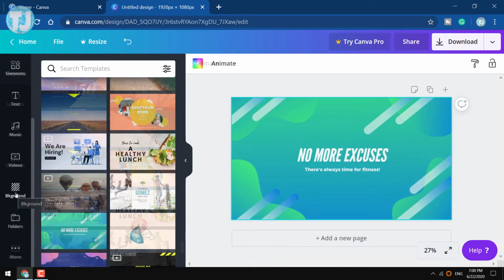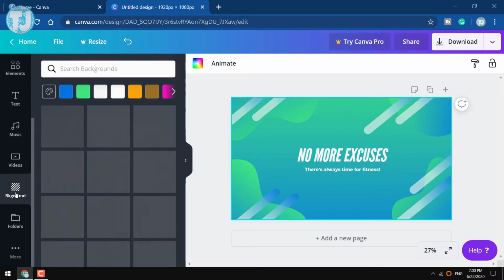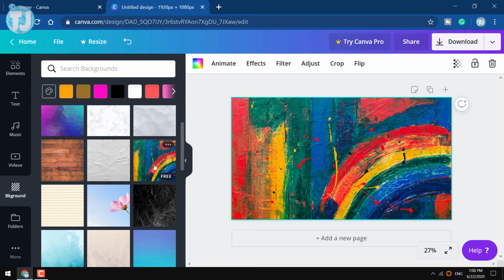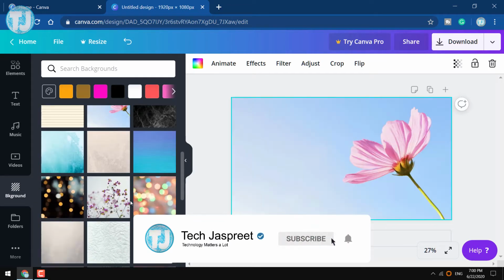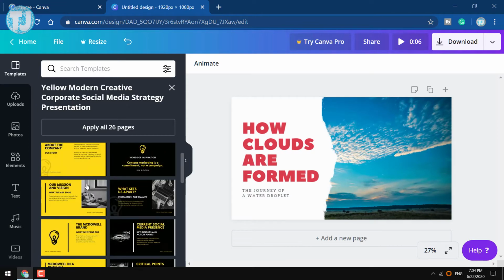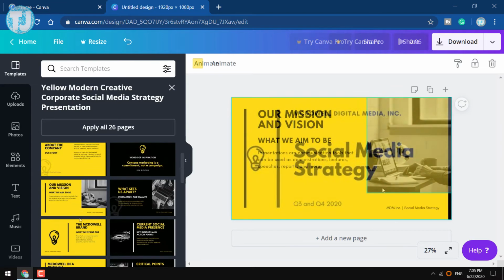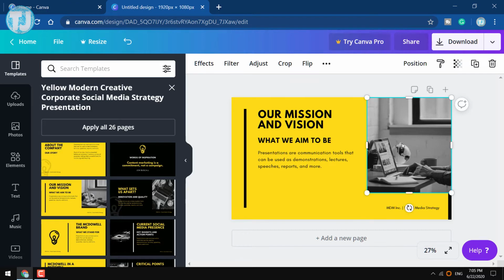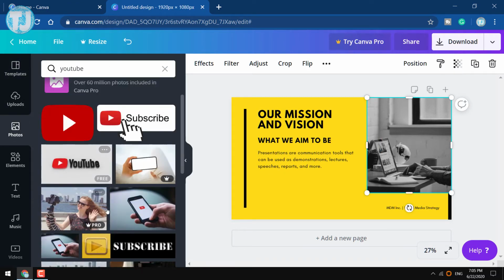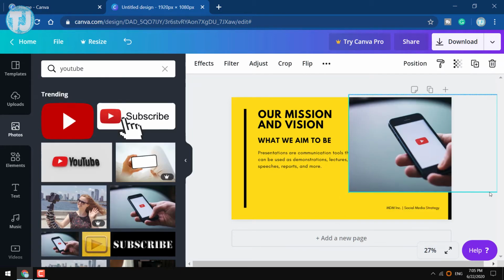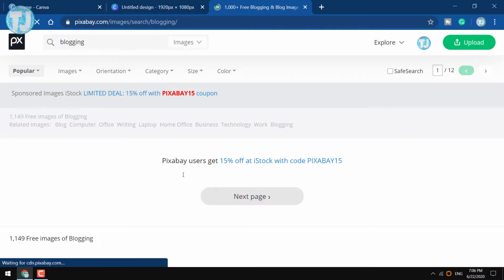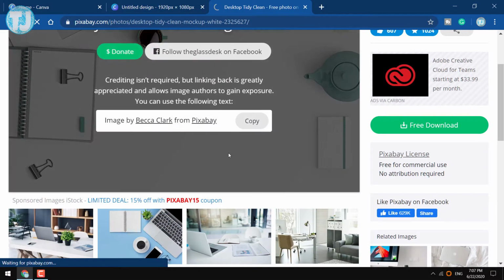Or you can also start by adding a background from the background options in your design page. So I am going to choose this template to create my YouTube video thumbnail. Friends, I can also change this image with the free images from the Canva Photos library. Or we can also use copyright free images from the Pixabay website.